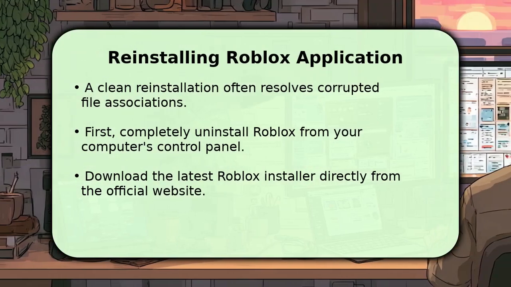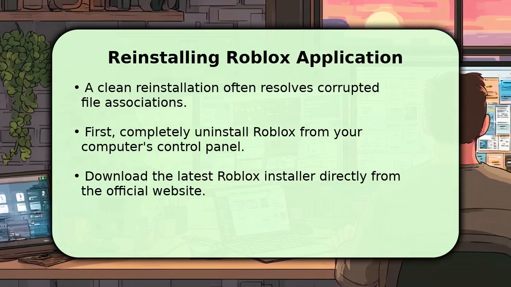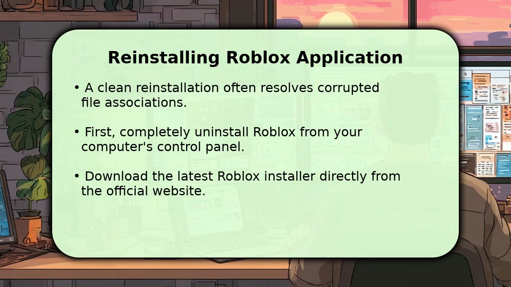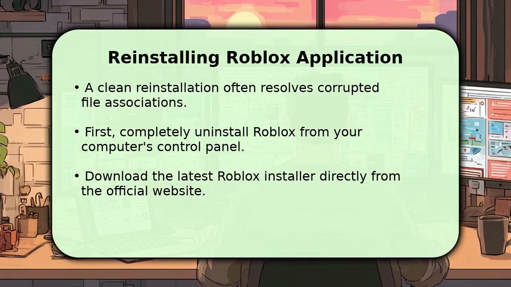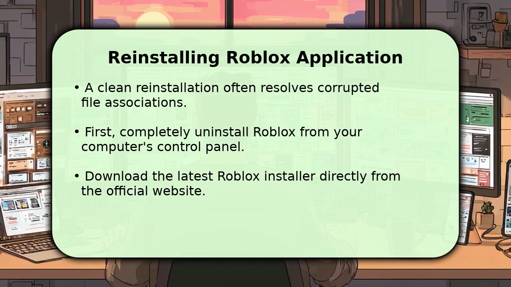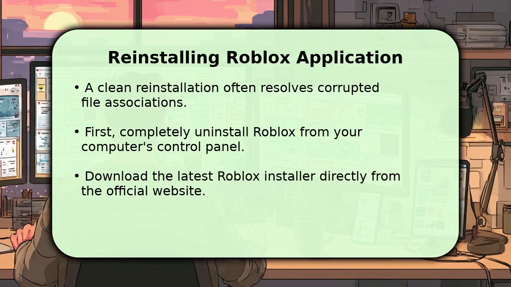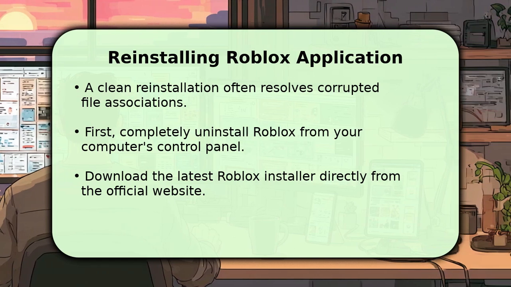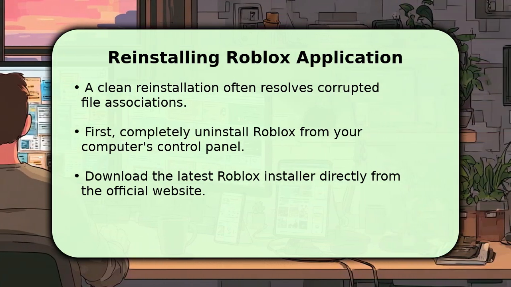One of the most effective solutions is a complete reinstallation of the Roblox application. Begin by uninstalling Roblox entirely from your computer through the control panel or system settings. After that, download a fresh copy of the installer directly from the official Roblox website, ensuring you get the most current version. This process often resolves any corrupted files or incorrect application paths that might be causing the error